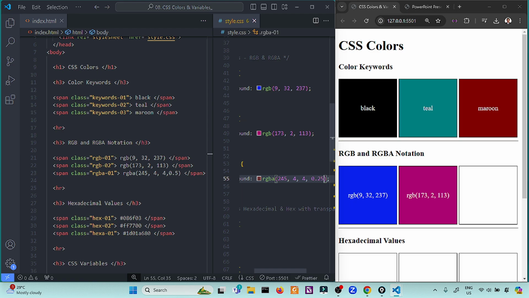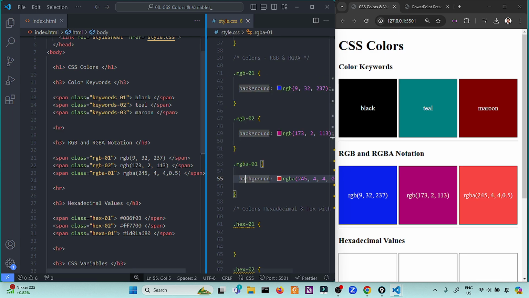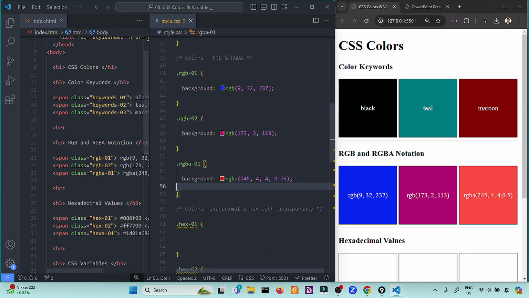If I convert this to 0.25, the color is transparent. It's not fading, but rather it is transparent. A value of 1 is opaque, and 0.75 is 75% opacity. So that is the RGBA notation. Remember, you just add a specific a value, and the fourth value will become the transparency.